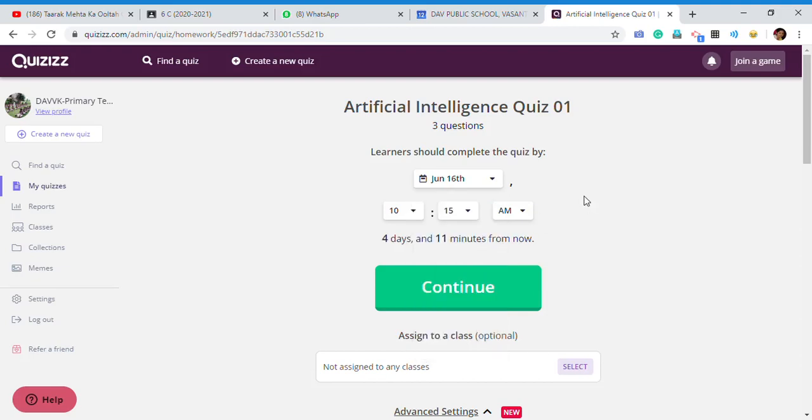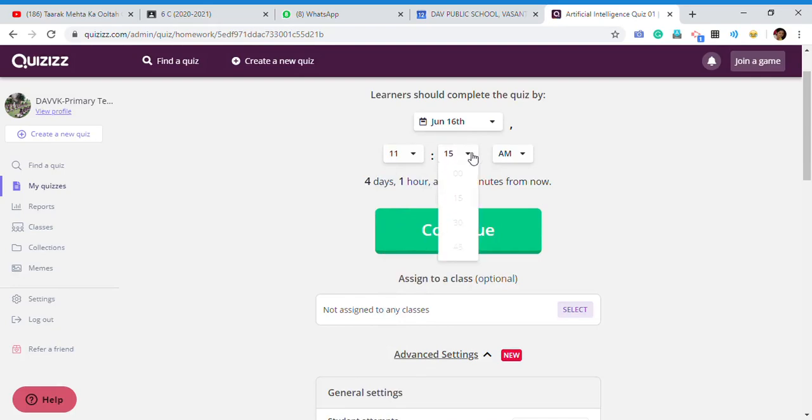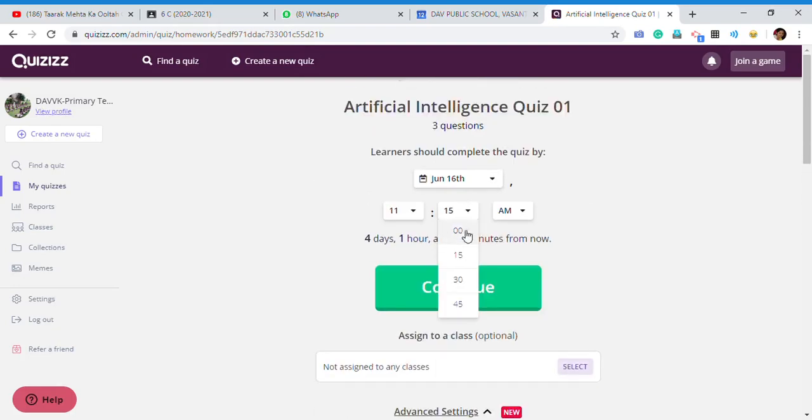So click on this date, and if you need to specify time also, you can do it. Otherwise leave it. Or if you want to give 11:59, meaning the last minute of that day, then you can do this also. 11:45 is the last option. You cannot type here. So 11:45 p.m. I have given 15 minutes back time of that day. Now the time is 4 days 13 hours 41 minutes from now. It will be displayed at the bottom of the scheduler. Then you can click on continue to assign.